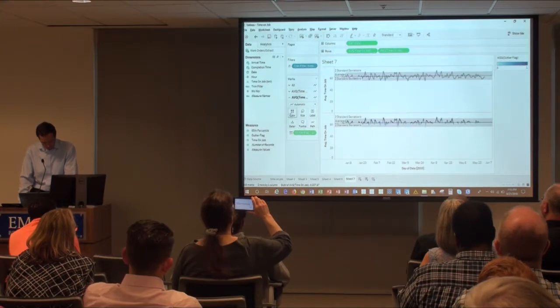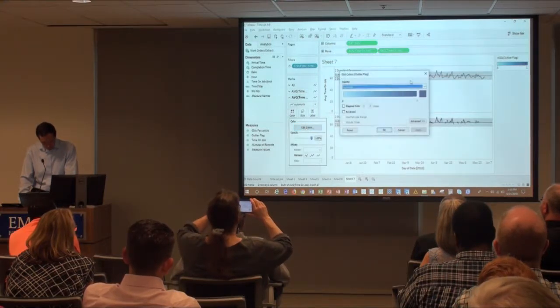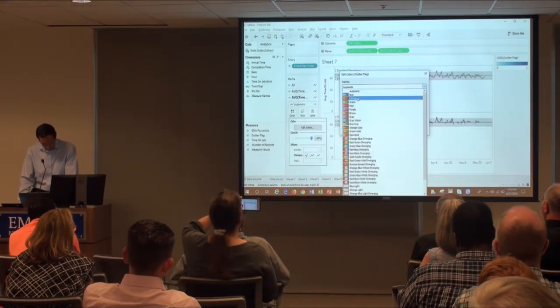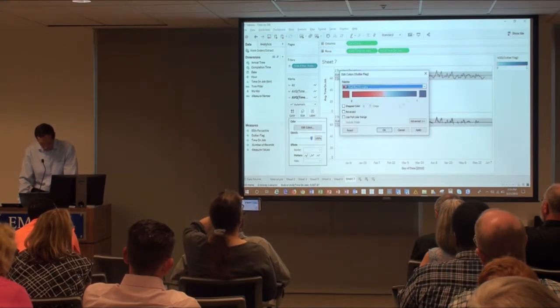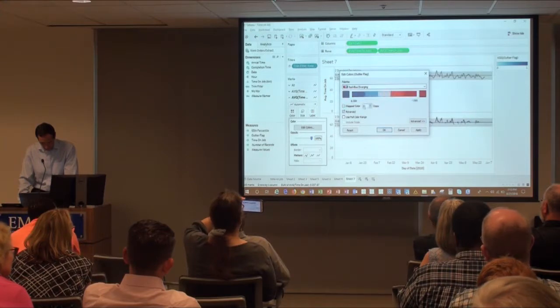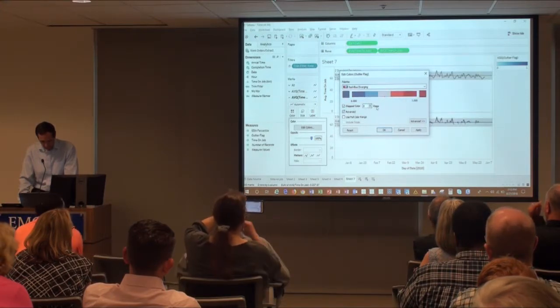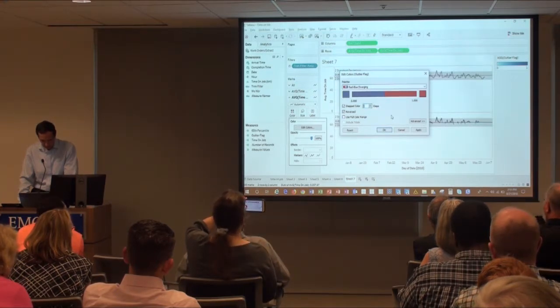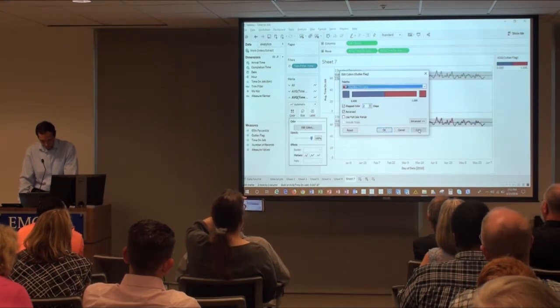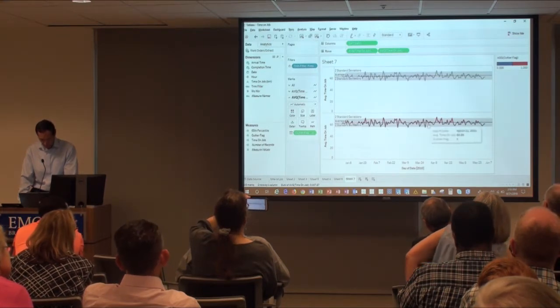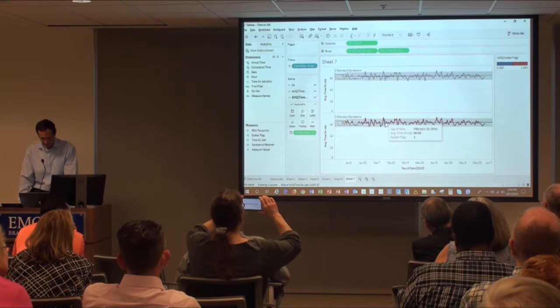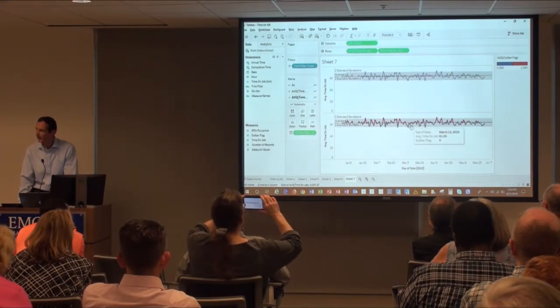That's kind of hard to see. So let's change. I like the red blue, but I want the ones to be red, so I'm going to flip it. I don't want shades, I just want blue or red. So I'm going to take it down to just 2 steps. So you can start to see now that as the values go above that average line, they're red.